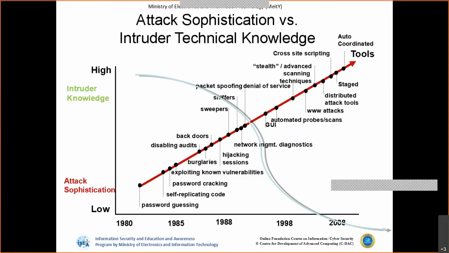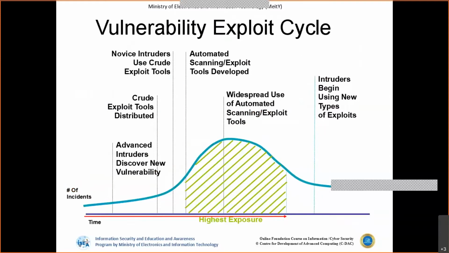This is one of the old slides, but it is still relevant nowadays, because even though technical things are growing, the attack sophistication required is becoming very low, because the tools are actually making these things possible nowadays. Okay. And the other thing we need to understand is that there may be some sort of zero-day exploit. That means there is an exploit that is not yet known to the public, but can be used as part of attacking a vulnerability.